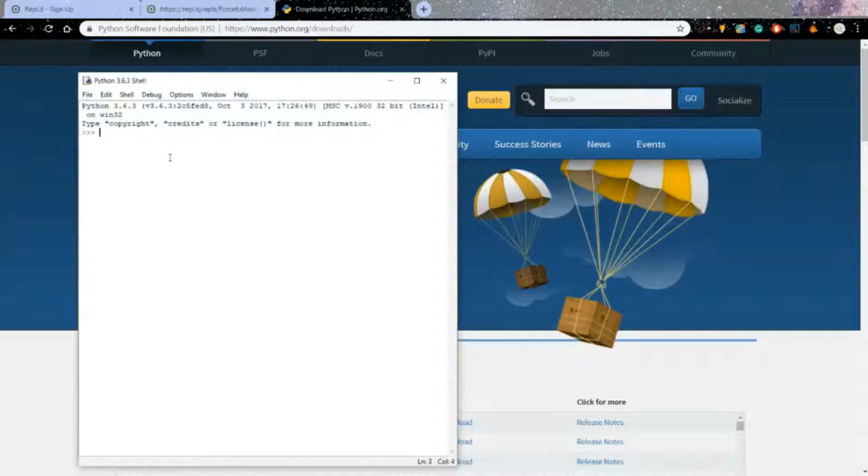And here you can run your Python. If you type 5 plus 5, it should give you 10, maybe 3 plus 5 gives you 8. Maybe if you want to print something,